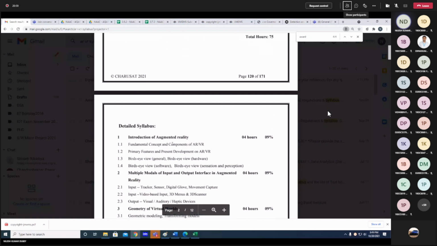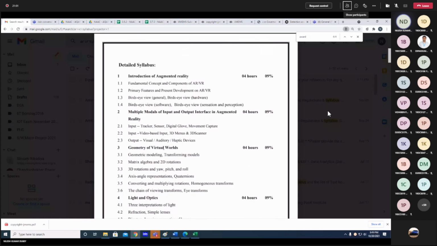And if you compare this subject with computer graphics, I don't know how many of you are aware, because in our curriculum there is no computer graphics. But if anyone is aware of computer graphics, this subject is related to it. The only thing that changes is that in computer graphics we learned mainly in 2D, everything in a 2D matrix, but here we will learn in a 3D matrix. That is the main difference. Otherwise, theoretically, it is going to be very easy.